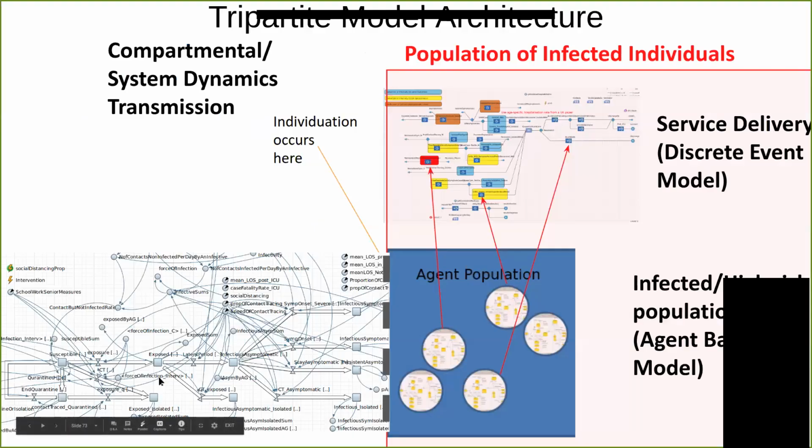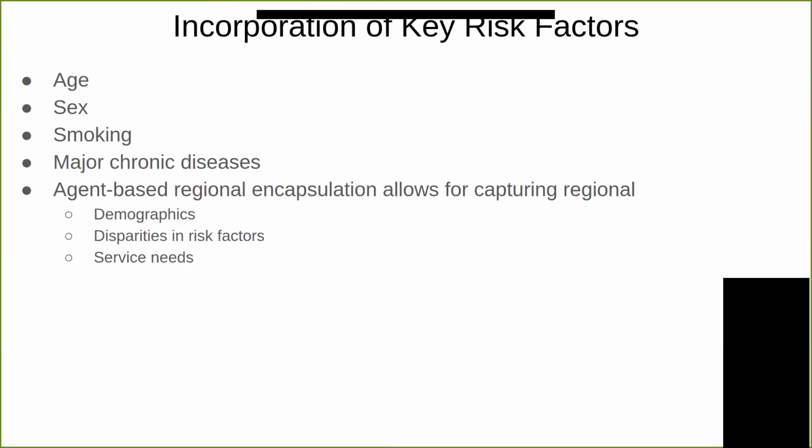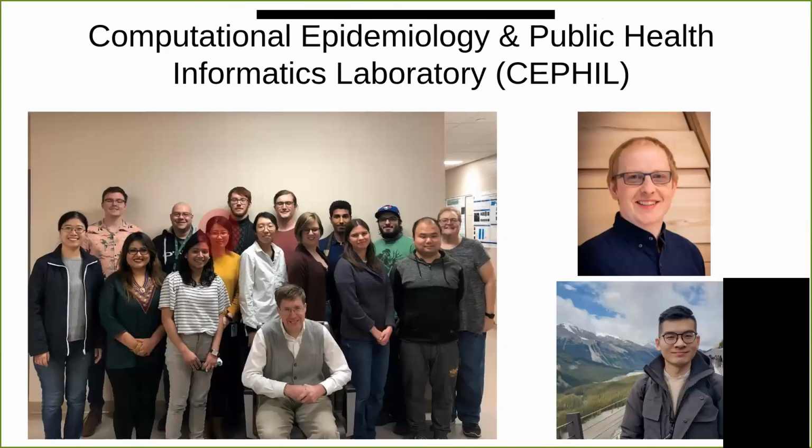This is a model that starts with a compartmental representation for mixing. At a point in the risk continuum, people bud off, as it were, into agents. They're lent a face upon a world and go through service delivery pathways, as well as have representations that capture detailed workings of the system in a way needed to inform understanding of PPE use as well as other needs. This model did incorporate representation of risk factors early on, and it's led by the formidable Yuan Tian, who also